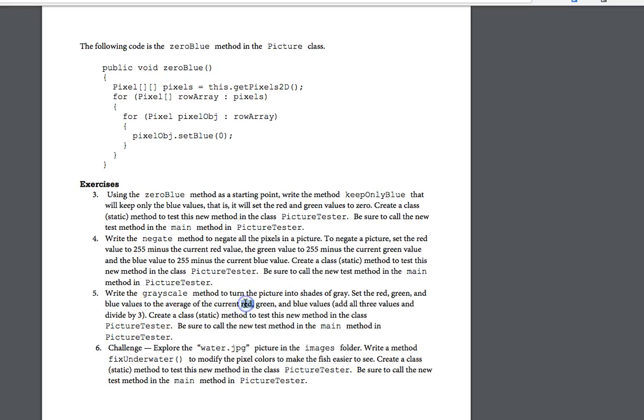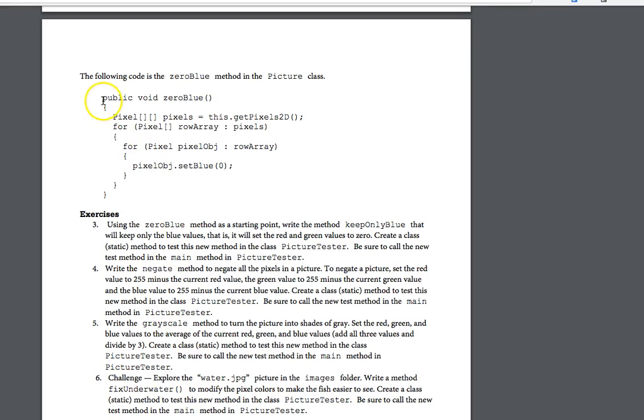So you're using some getters to get the current red, and then a setter to set the red, and dividing by 3. And the challenge, I'll let that totally up to you. One other point. In this project, I was using a double nested